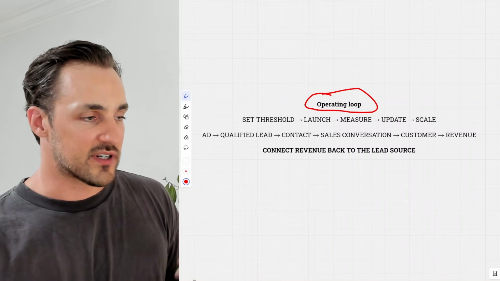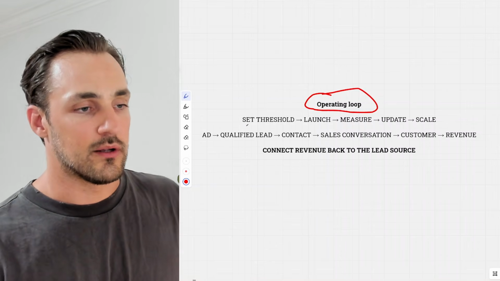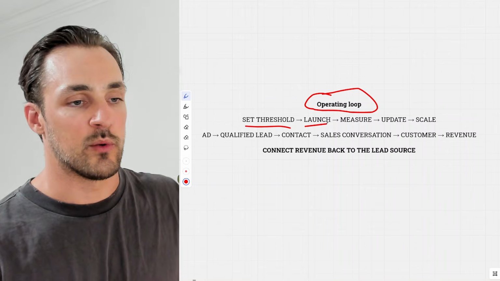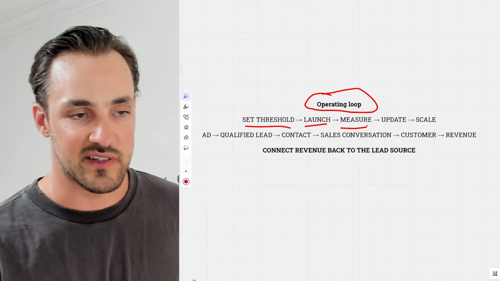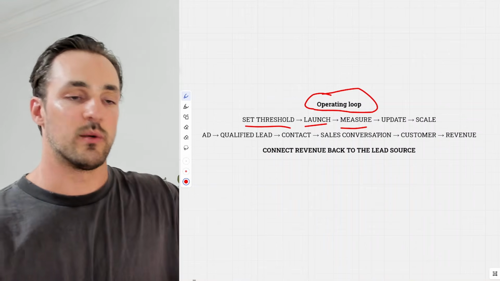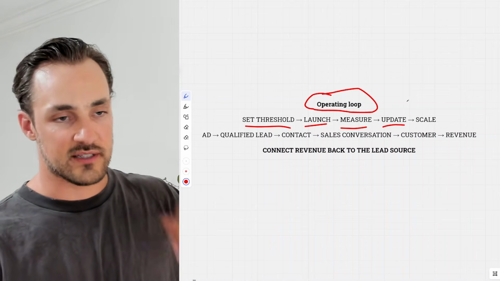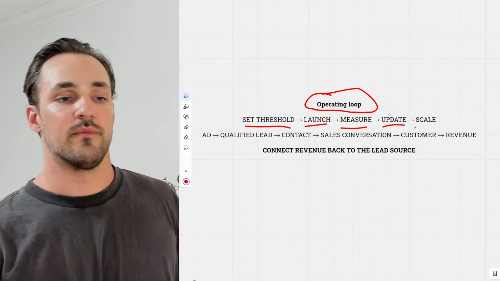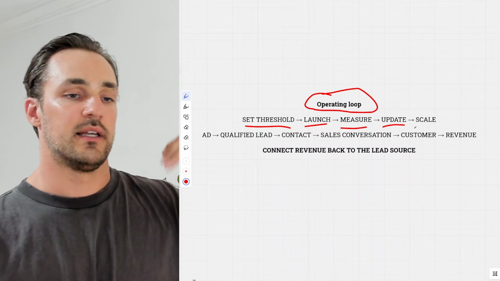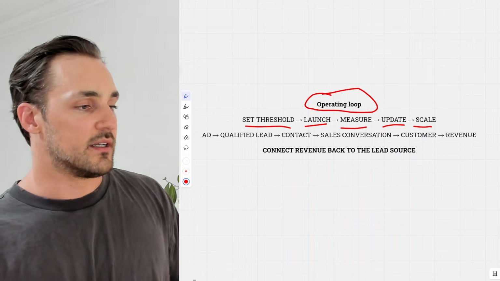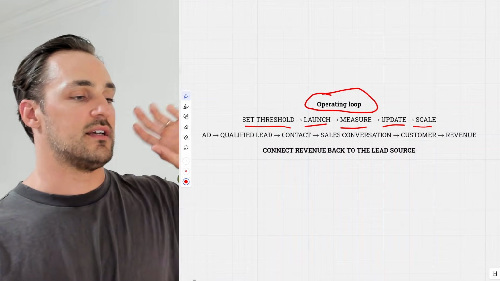So first step, setting a threshold, which is the targets and the goals. Then we'll launch. Then we'll look back. We'll measure the campaign. We'll see how it actually performs. We'll see where it needs to be fixed. We'll update it. Once we get inside of our target KPIs, then we'll scale it up. Now we can connect that revenue back to the actual